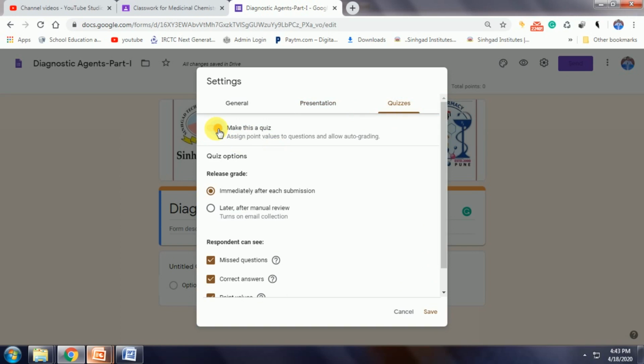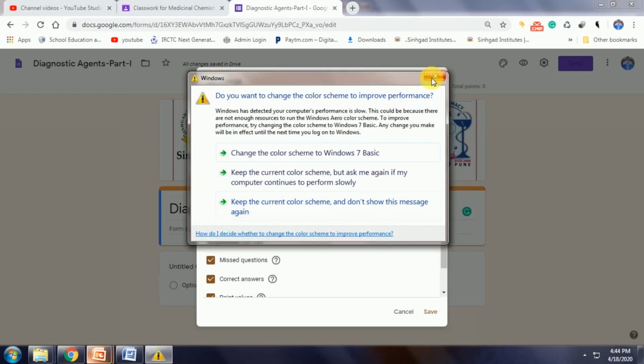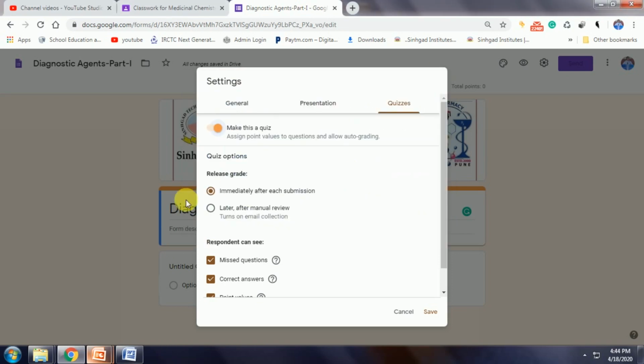After this, there is an option called immediately after each submission. Students can see their answers or their marks after each submission, how many marks they have got. If you click on this, students will immediately get their marks, or later on you can give the marks manually.